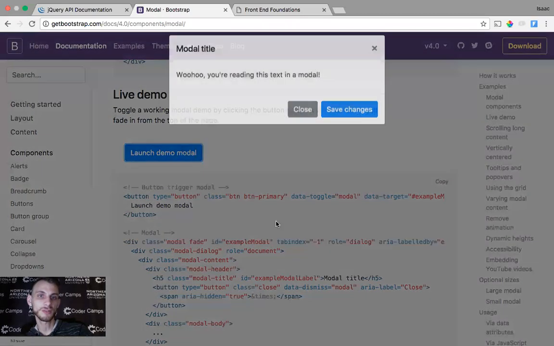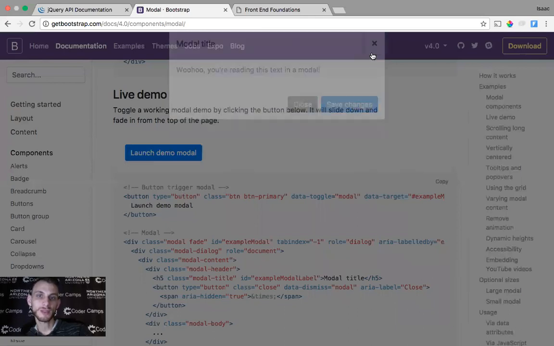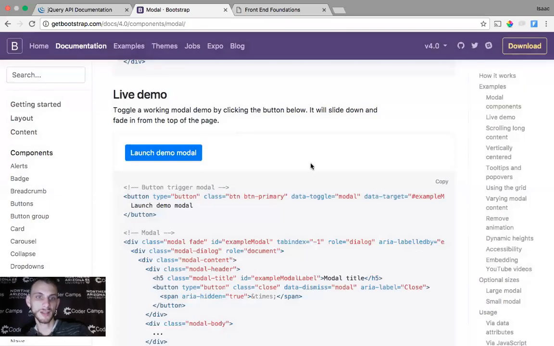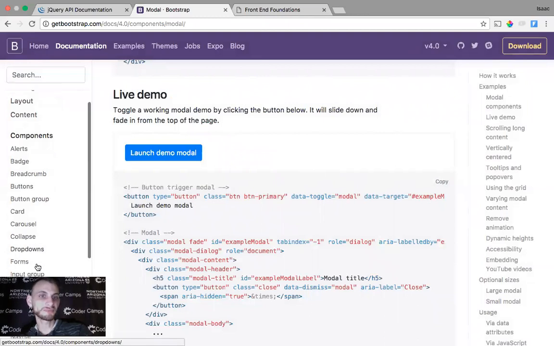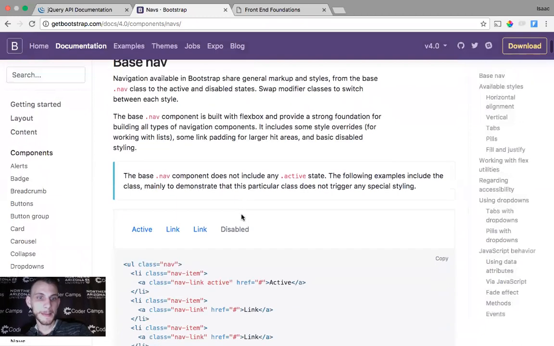Right, super smooth, creates a nice kind of semi-dark background here to focus all the attention. We got a modal with a simple title and message. We can explain some information, right? Okay, so next we have navs. And navs are pretty